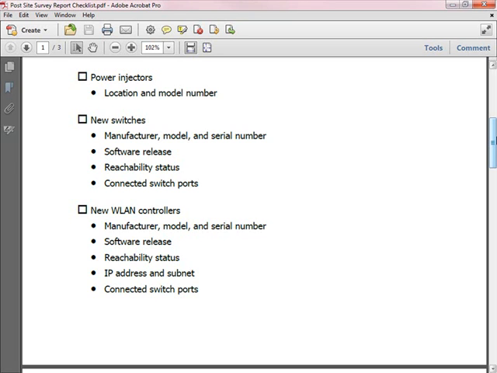Now, many new 802.11 sites, particularly if you're deploying 802.11n, because of the higher data rates that you can achieve with 802.11n, you need to move to a gigabit Ethernet switch. And also, because 802.11n uses MIMO, sometimes that requires you to go to the higher level of power over Ethernet. And those two requirements sometimes mean that you need to buy new switches. If you have bought new switches, note down again the manufacturer, the model number, and the serial number,